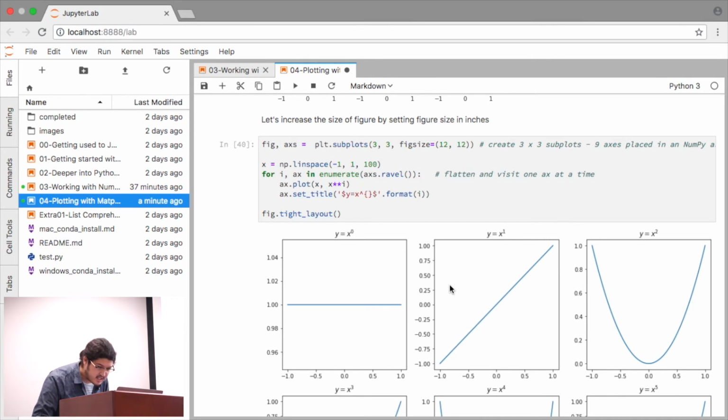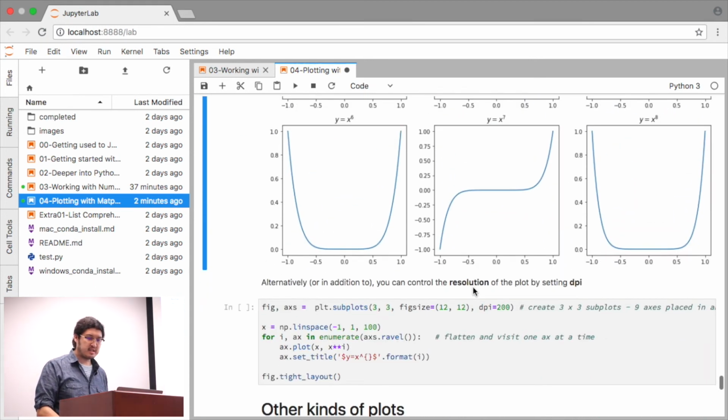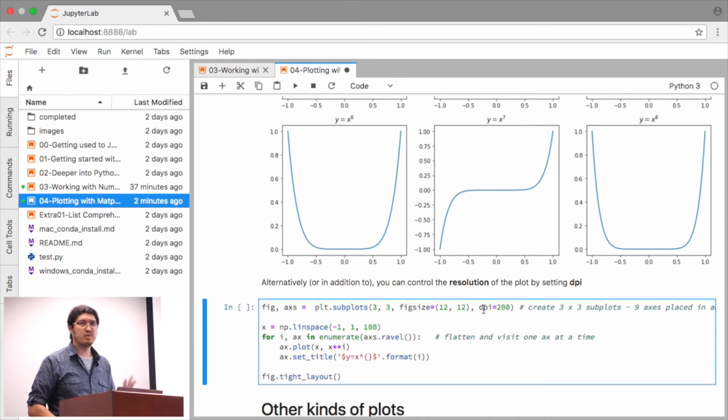Now notice that it's not the most crisp, clear plot. It has a bit of blurring in it because it's not using a lot of dots per inch. It's not really well pixelated. Dots per inch is a way to represent how many pixels go into an inch. It controls basically how nice looking your plot is. You can change that by passing in the dpi keyword argument. The default is about 100, which is pretty low quality by many standards. 200 is considered okay. 300 is usually considered to be the de facto high resolution. So here I'm saying dpi